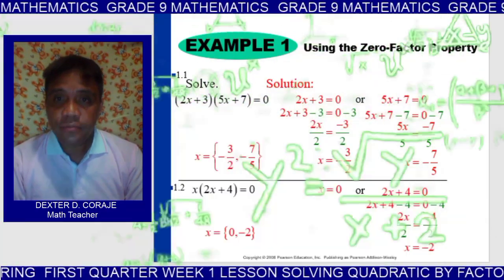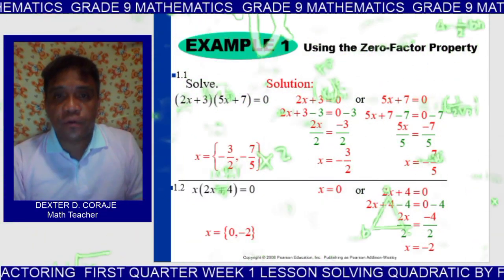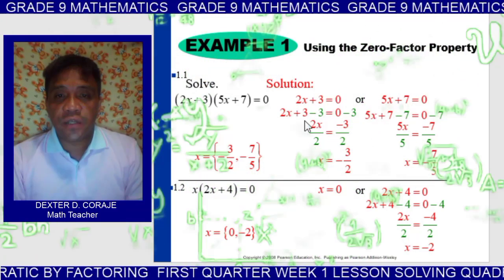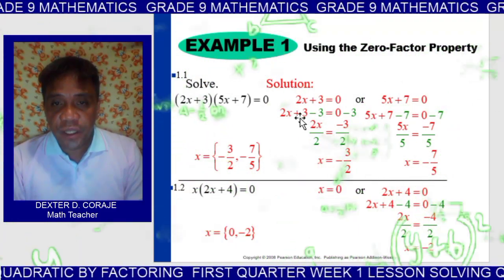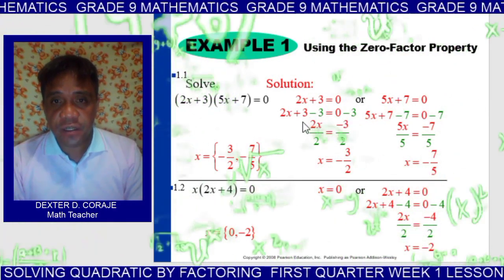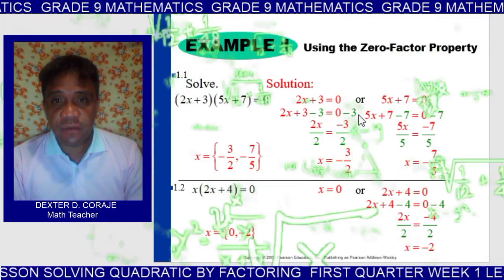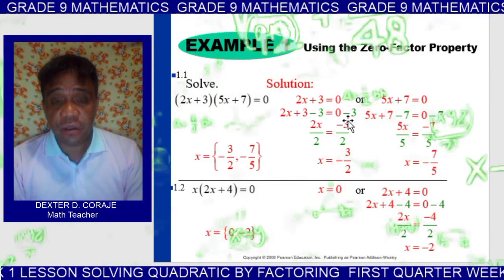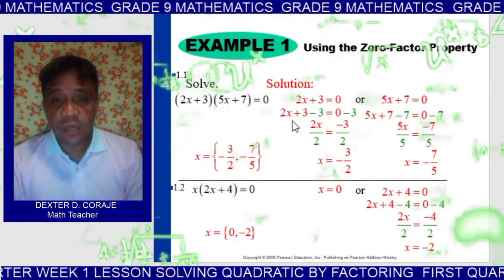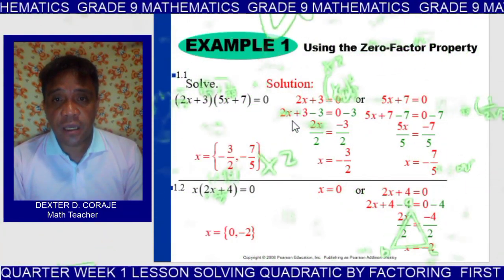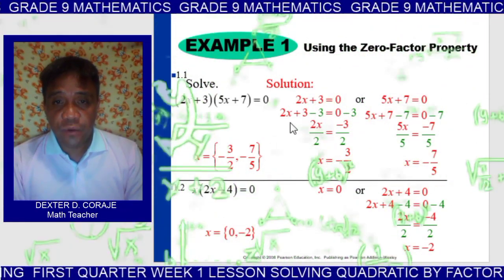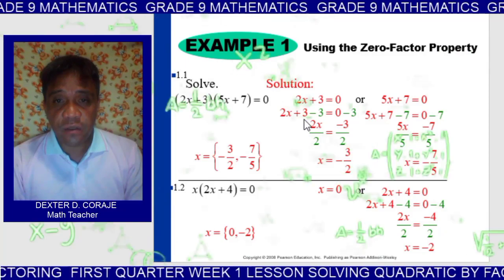Again, we're looking for certain values that, together with the positive 3, make it 0. So we use the additive inverse of positive 3, which is negative 3, so we add negative 3 to both sides. Therefore we have 2x plus 3 minus 3 is equal to 0 minus 3. So we have 2x as the value of 2x plus 3 minus 3,